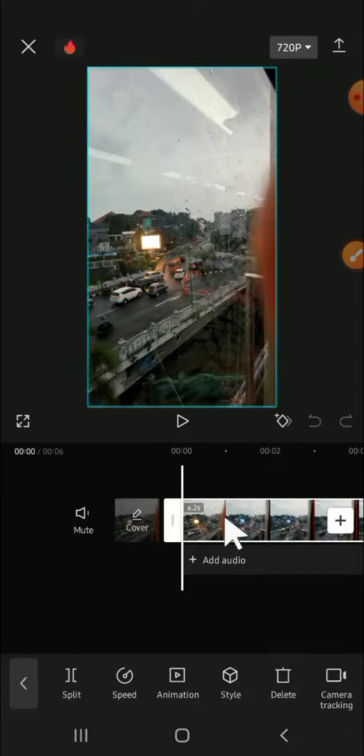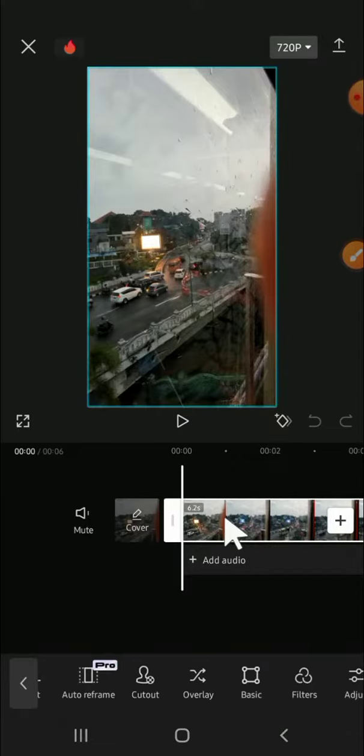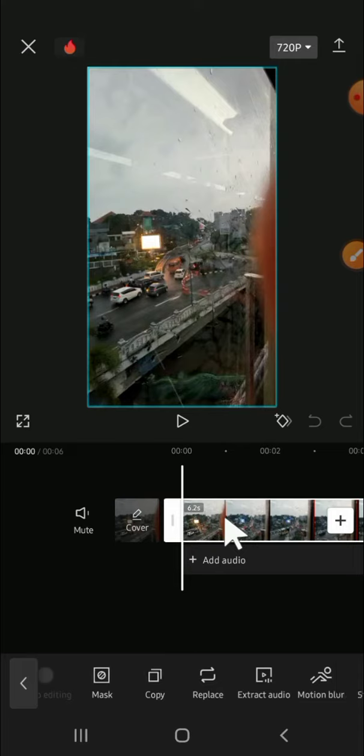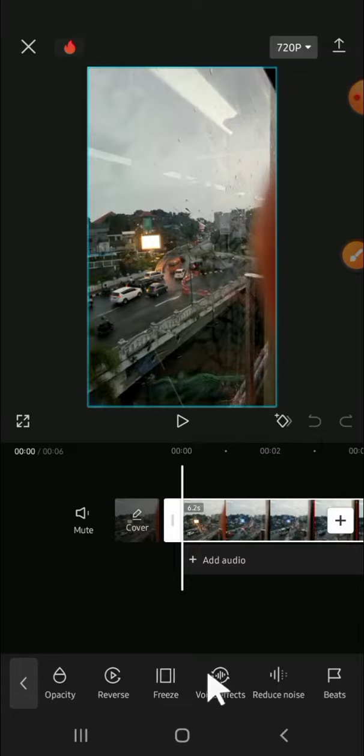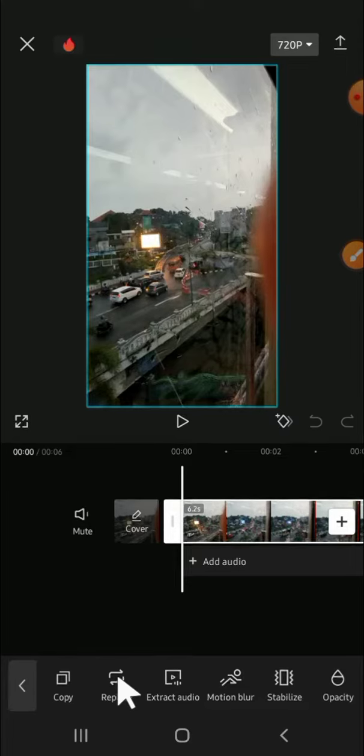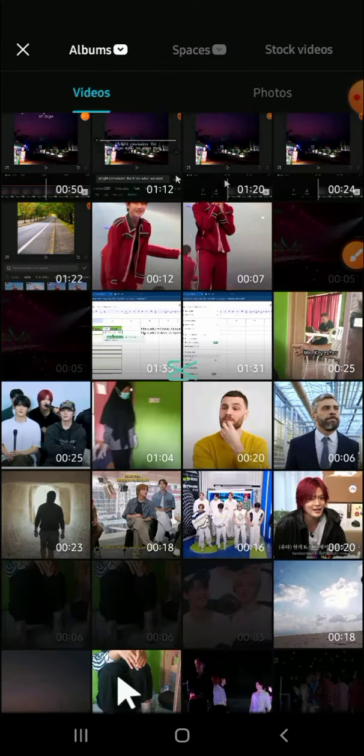Then we can scroll all the way to the right until we find the replace option. Right, and this is the replace option, guys. Just tap on it. Just tap on the replace option right here, and then choose the video from your gallery that you want to use